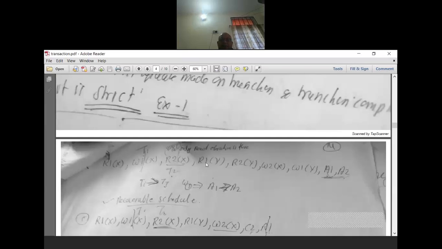So I will check here. One transaction is performing the first update and the second transaction is doing a read operation. Now I will check if transaction 1 is completing before transaction 2 or not. If read is performed between them on the same data item, and T1 is completing before T2, it is a recoverable schedule.